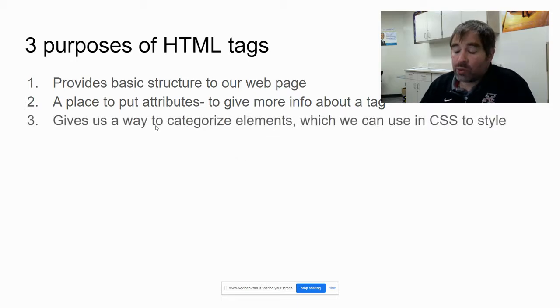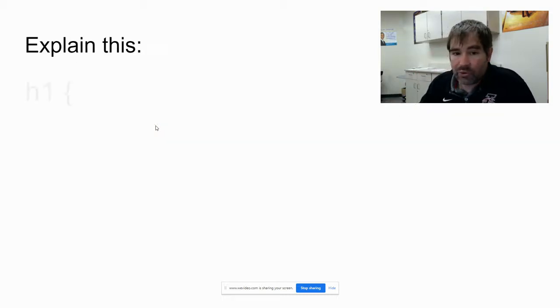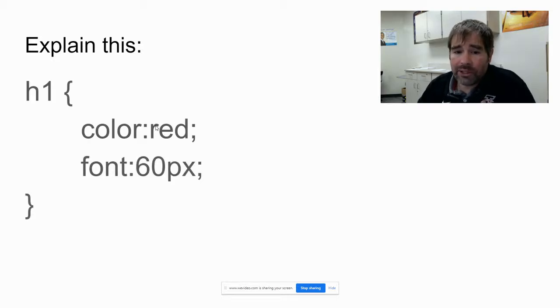And then finally, it gives us a way to categorize everything on the page. We talked about before, everything needs to be in a tag of some sort. Either it's a P tag or an H tag, everything needs to be tagged. And then we can use that tag to style in CSS. And that's what we've been doing so far. We've been using tags as our selector. So in this example, all of my H1 tags are going to be red, and they're all going to be